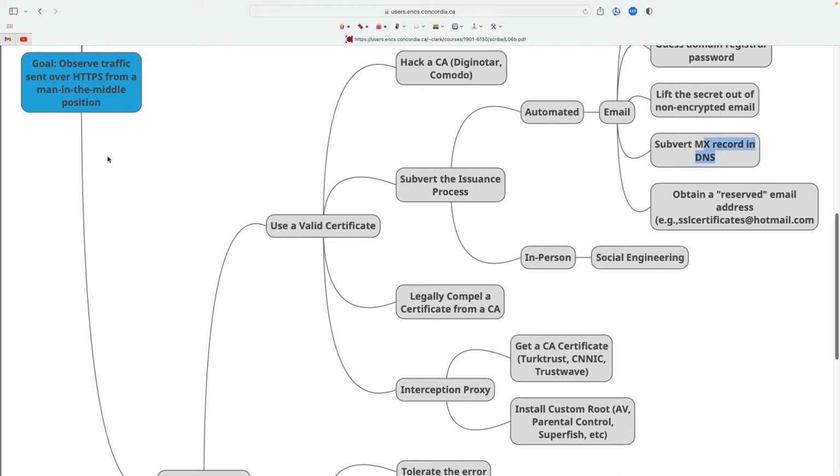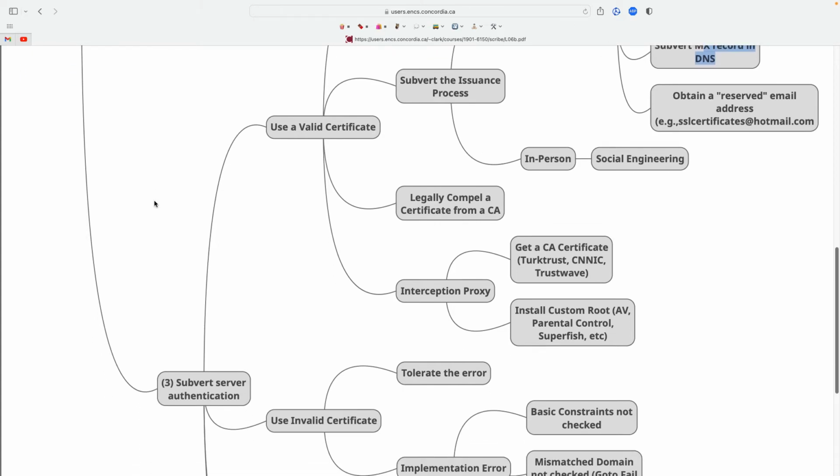So, my goal is to observe traffic sent over HTTPS, given that I'm in the middle. The way I'm going to do it is I'm going to try and get that tunnel pointed at me. So I'm not going to break into the tunnel. I'm not going to look at it from the outside. I'm going to get the tunnel pointed at me. Now, if the tunnel points at me, that means that I gave some sort of public key. Like, tunnels end at public keys. Okay? So I have some sort of public key.